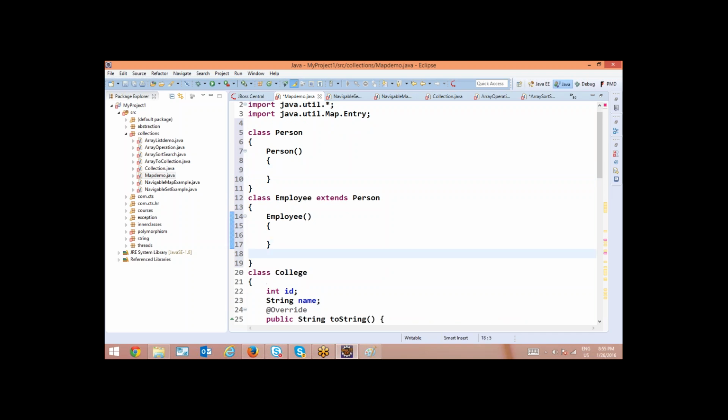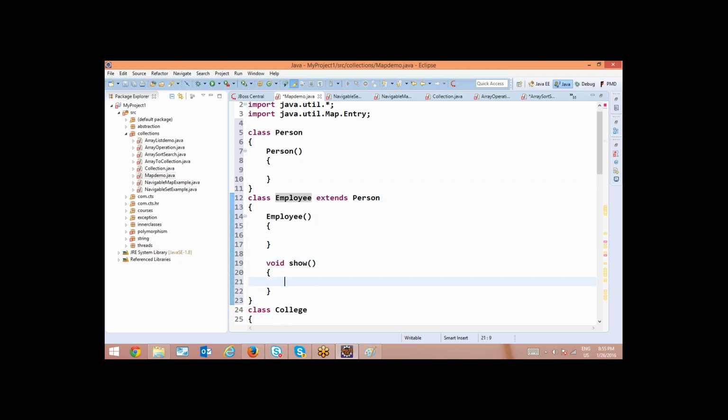So you can write a constructor for a subclass, but whenever you create an object of this Employee, let us say somewhere a method is there. In this, you are creating an object of Employee. Whenever you create this, automatically first it refers to this superclass. Then it will come here.